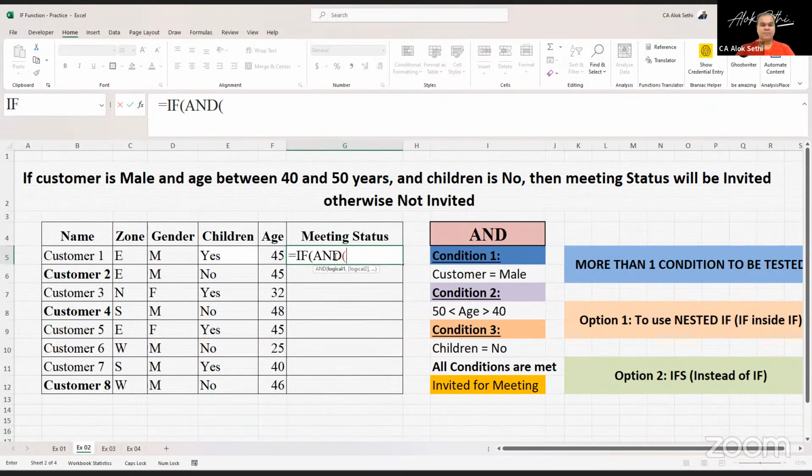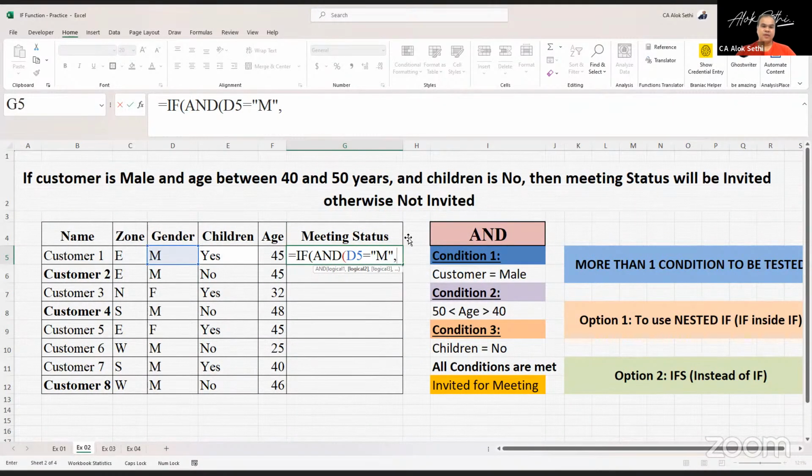And लगाएंगे और एंड के साथ एक ब्रैकेट ओपन करेंगे, और पहला कंडीशन लिखना चालू करेंगे। पहला कंडीशन ये था कि चेक करिए कि मेल है या नहीं है। तो ये मेल वाला सेल सिलेक्ट करा और लिख दिया इज इक्वल्स टू मेल, और वो भी इन्वर्टेड कॉमास के अंदर। You have to always remember that whenever you are putting a text to check the condition, it should always be in inverted commas। चलिए, तो ये चीज हो गई।